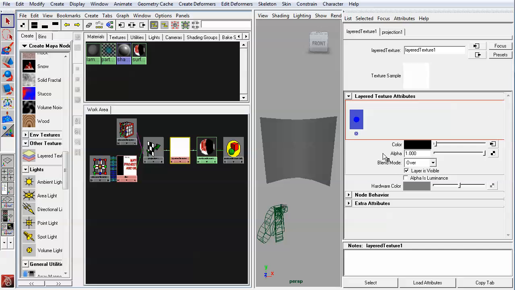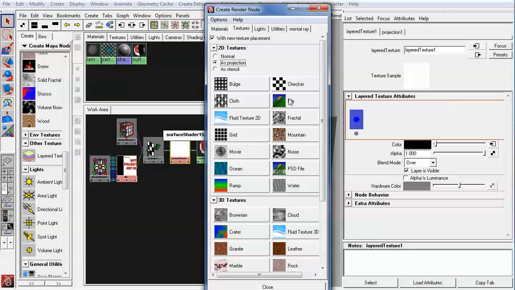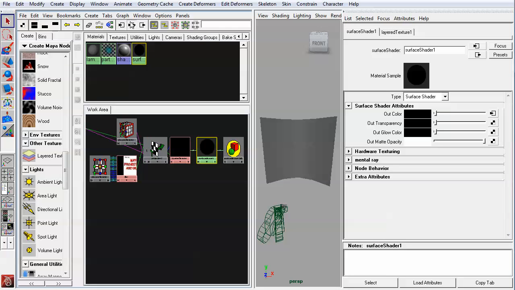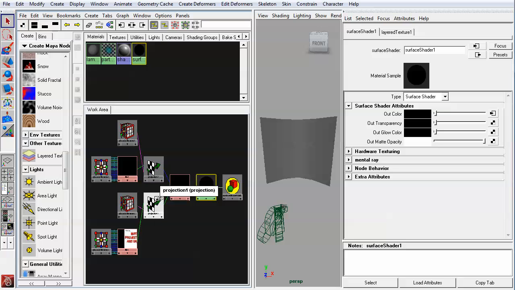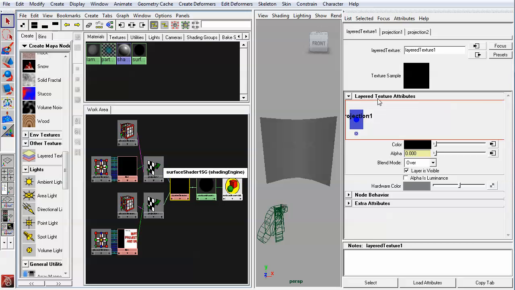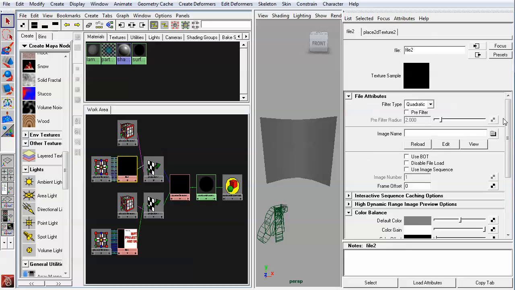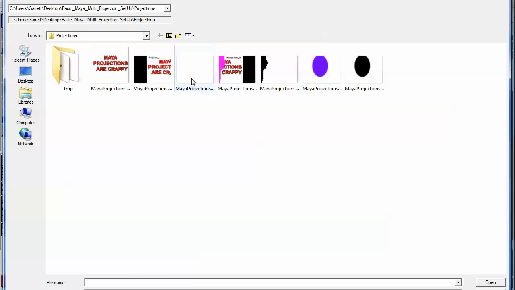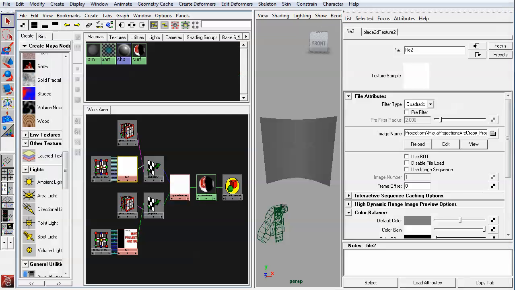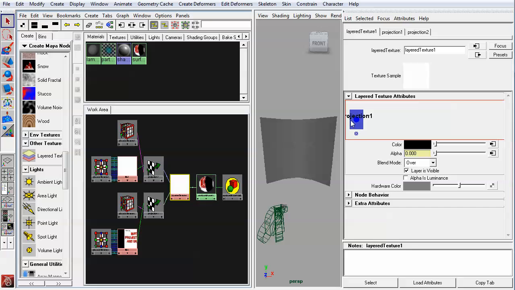So now we'll want to set up the alpha. If you click here on the alpha, as projection, so you're setting up the image to be projected, and you're also setting up the alpha to be projected, and in the layered texture node, the alpha is cutting out the image. So if you go into the alpha, read that guy in. So that is the 1 layer set up. So if we go to another layer,